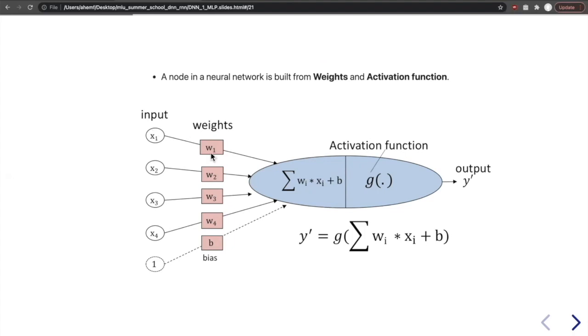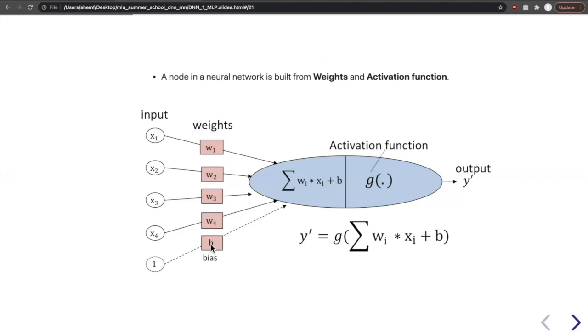So basically, we can write it in short mathematical notation as the summation of wi xi, where i is from 1 to whatever number of inputs, plus a bias term, and then pass it through an activation function. That is the single perceptron and how it works. The parameters which a perceptron learns are these w1, w2, w3, and w4, which are learned during the training of